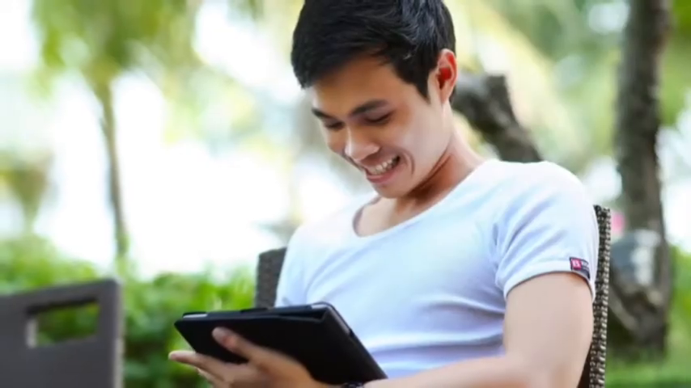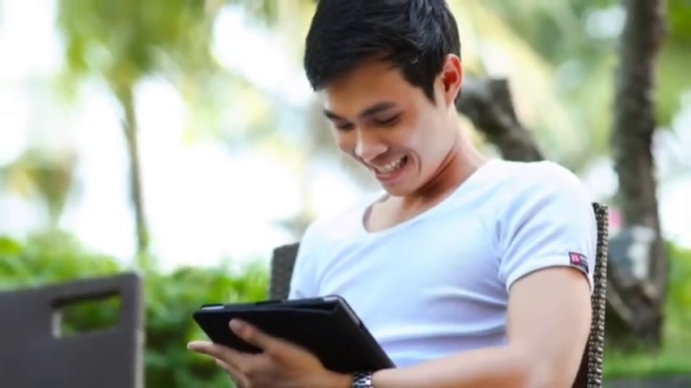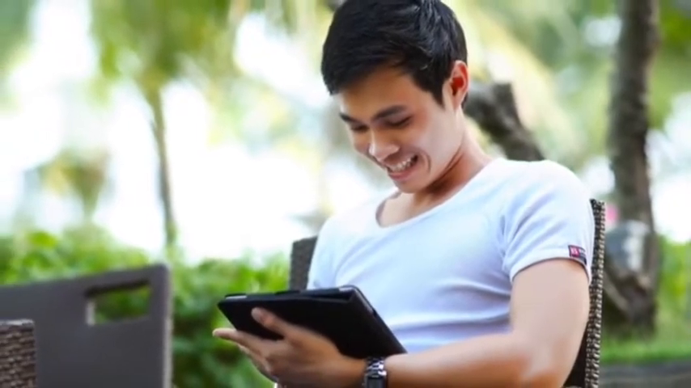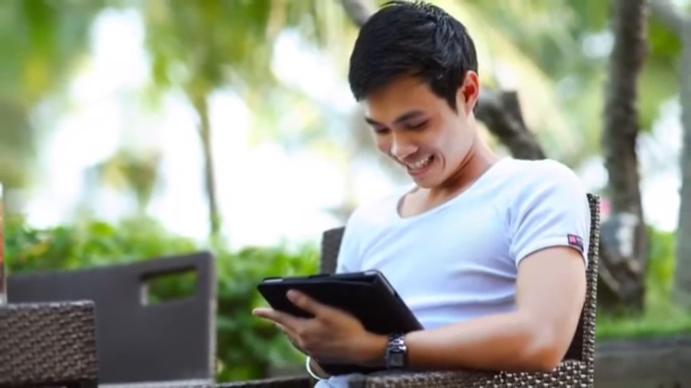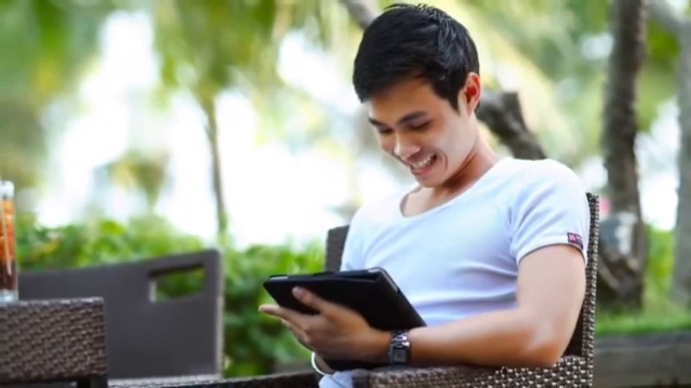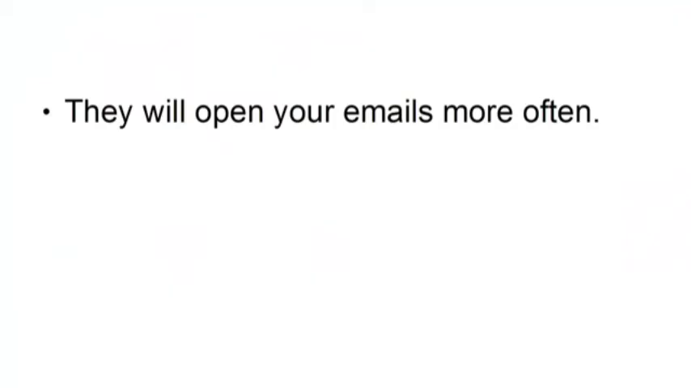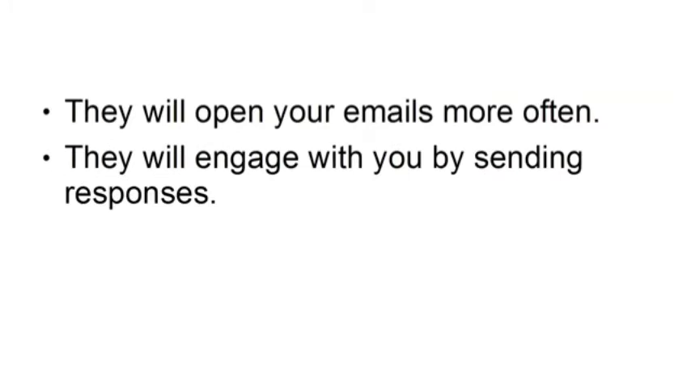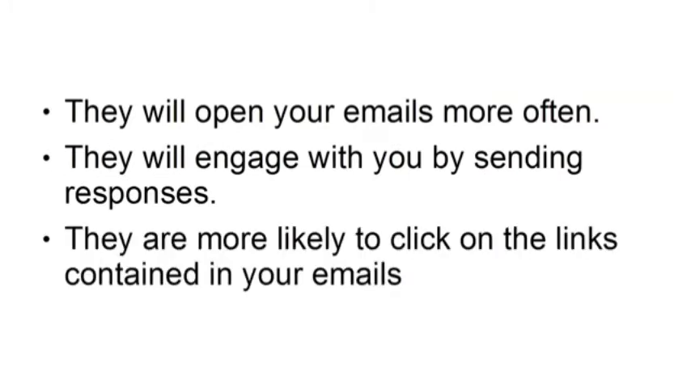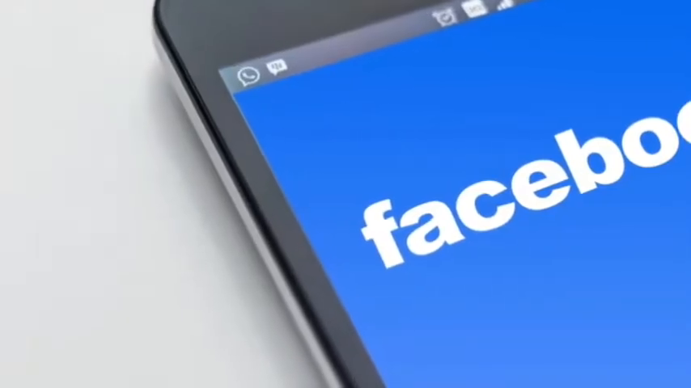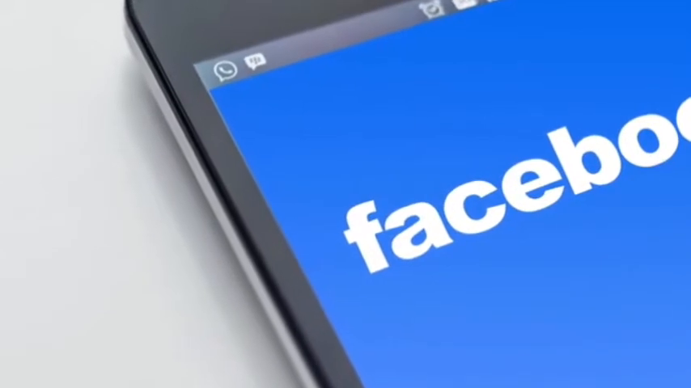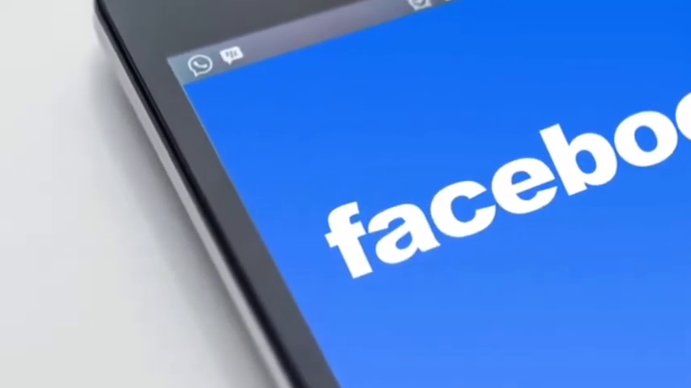These members must be made to feel emotionally invested in the success of your list. When they feel they have some skin in the game, so to speak, they are more likely to read your email. They will open your emails more often. They will engage with you by sending responses. They are more likely to click on the links contained in your emails. Most importantly, they're more likely to share your email by forwarding it to their friends or maybe even posting it